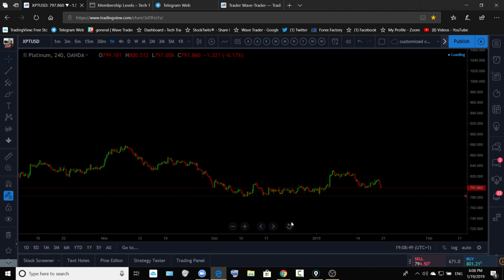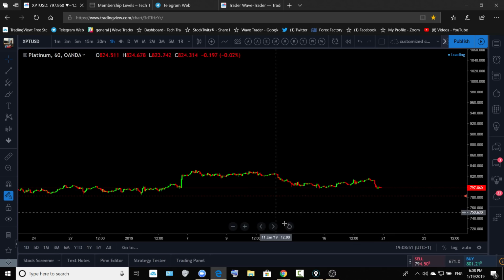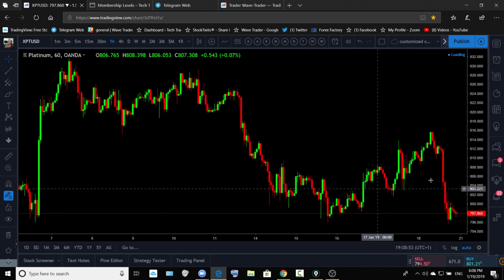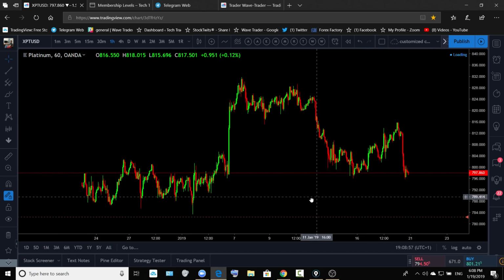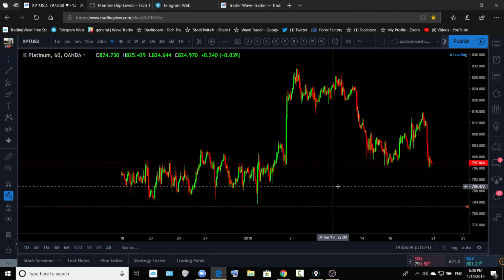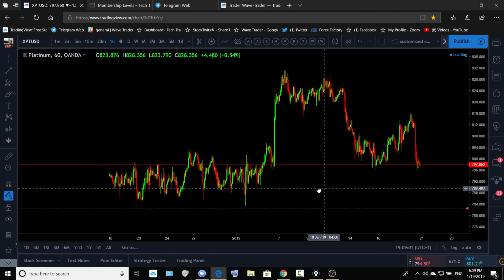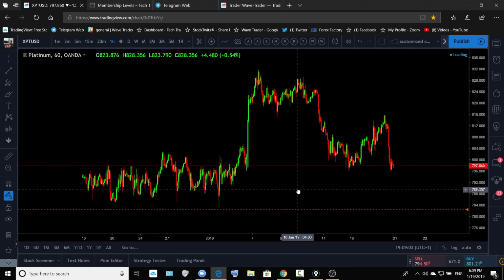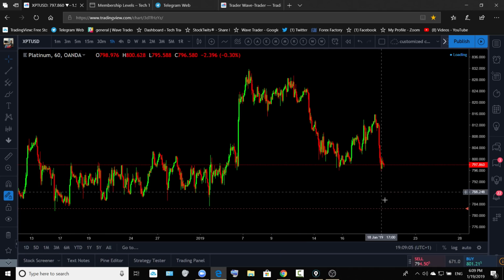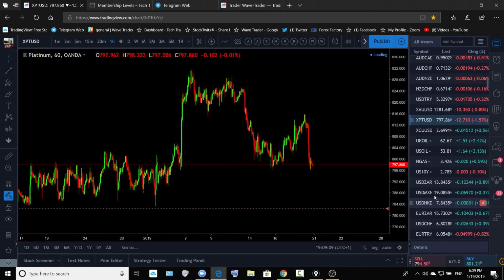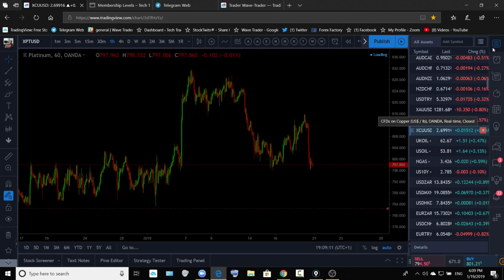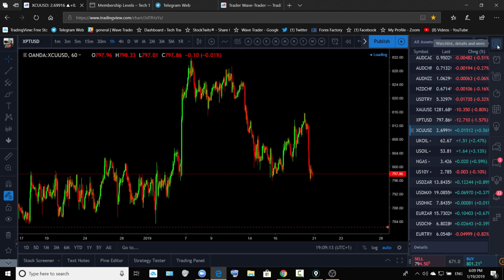Short term it can push lower, but once price hits the previous bottom, pay attention over there. It is doing something similar to the price action you have seen on the silver. It can slightly push lower, so keep an eye on this metal. And copper, finally copper is just pushing up.